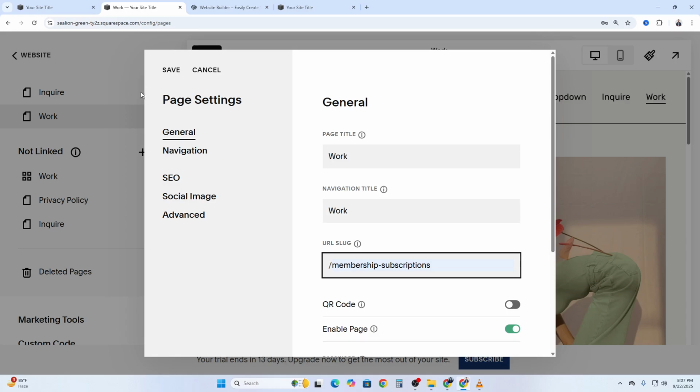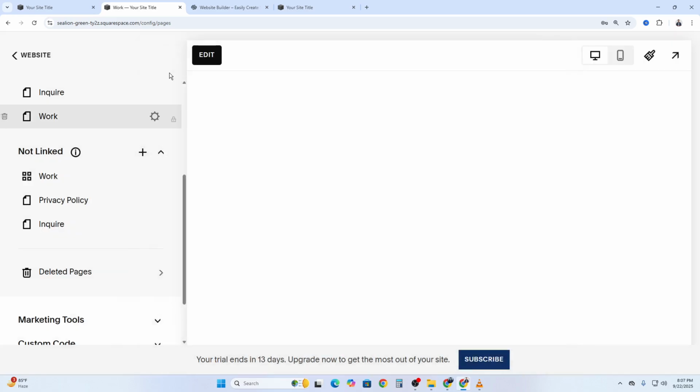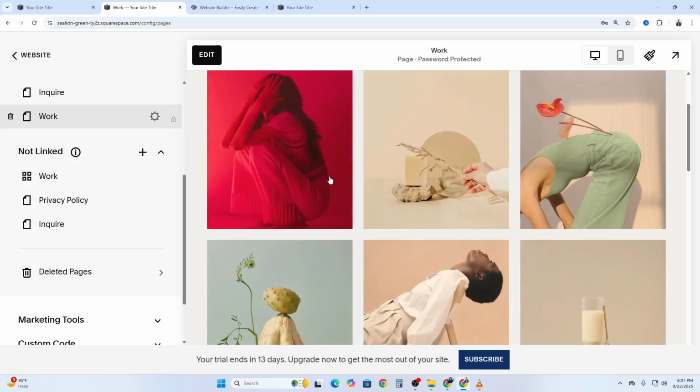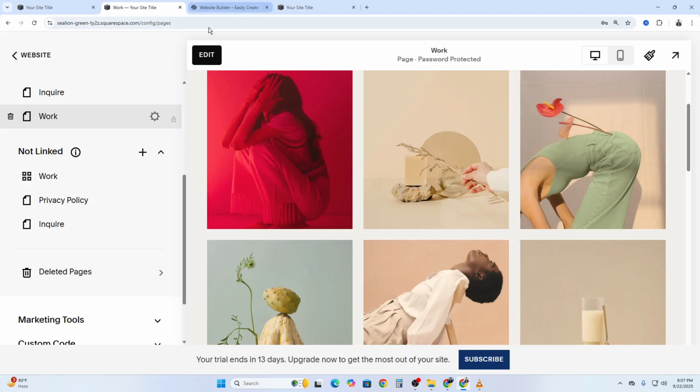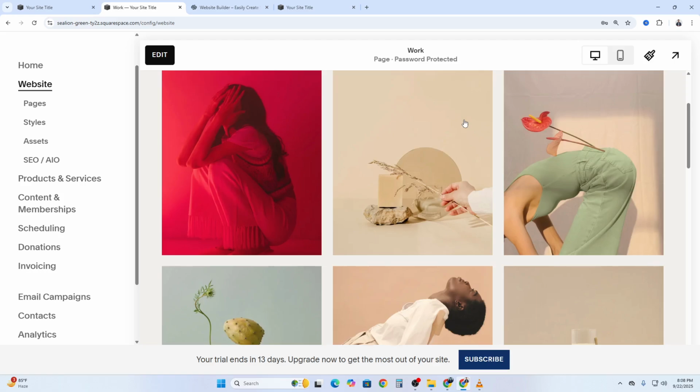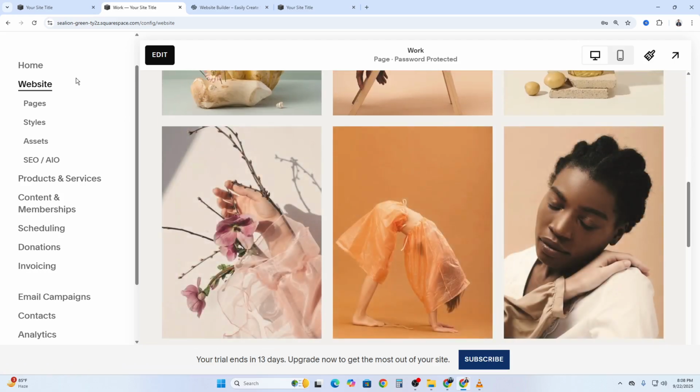Step 4. Save changes. Once you've updated the slug, click Save. This applies your changes to the page, and your URL now reflects the new customized path. And that's it. Your page now sports a fresh URL slug, making your site look cleaner and more optimized for